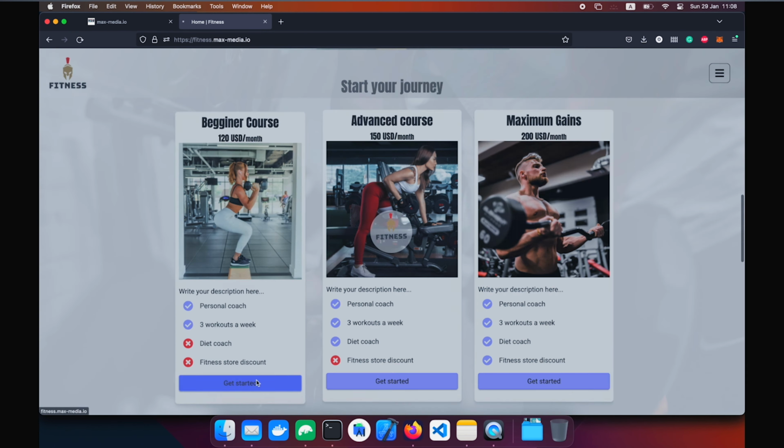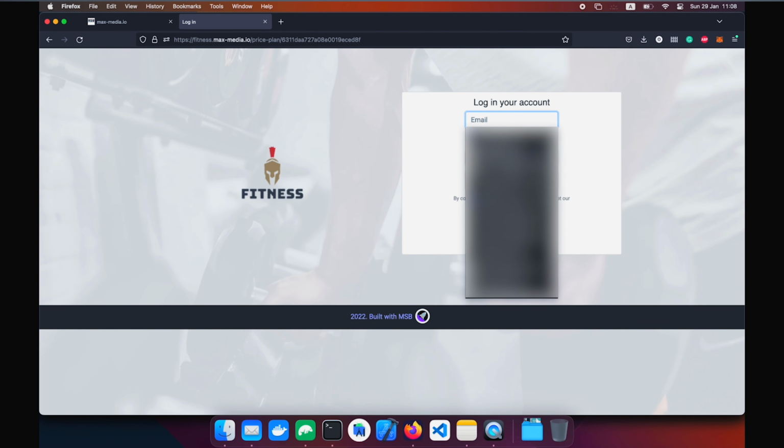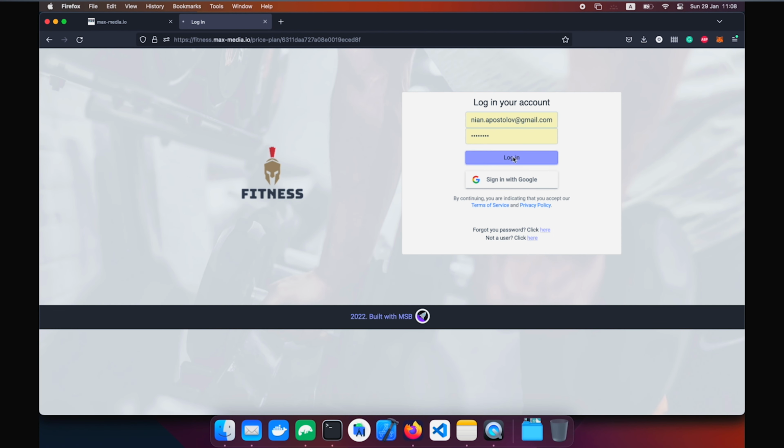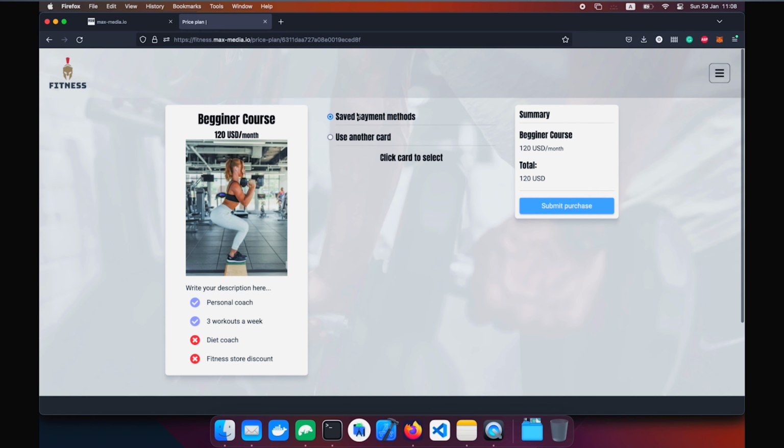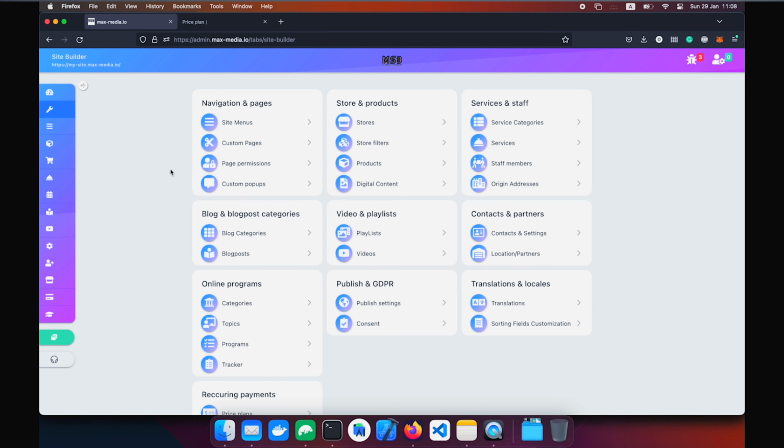You can click on Get Started. You need to log in to create a price plan. You can choose your payment method and submit the purchase, and then you get access to that. Why is this really cool? So let's say you have created some programs or some scheduling services and you want to put them behind a paywall. So after you create your subscriptions, you can go to page permissions